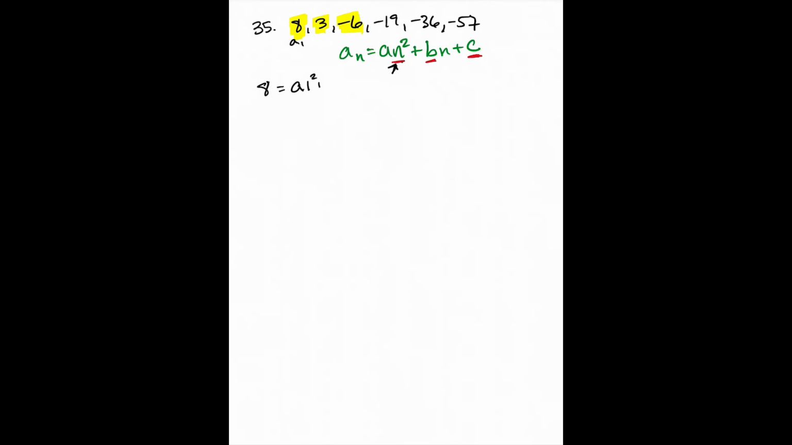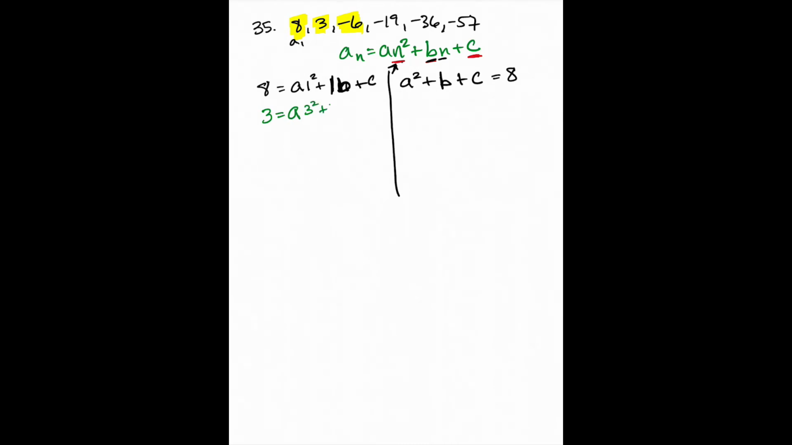So that's a times 1 squared plus b times n, so that's my n times b, plus c, and that's going to yield me a squared plus b. So it's going to give me a plus b plus c is 8, right? So now for my second number, which is 3, that's a, and then that's going to be